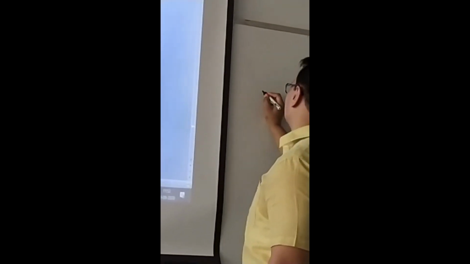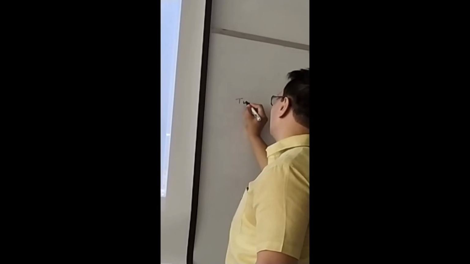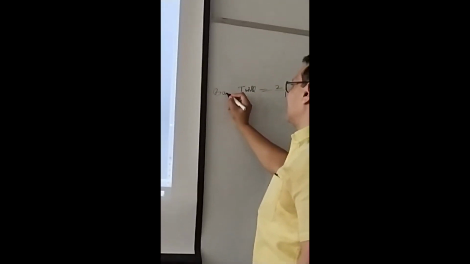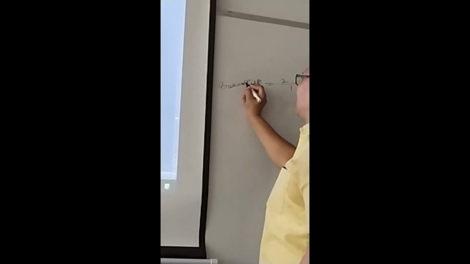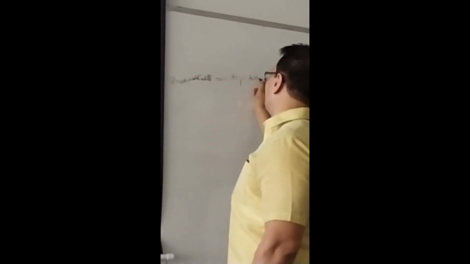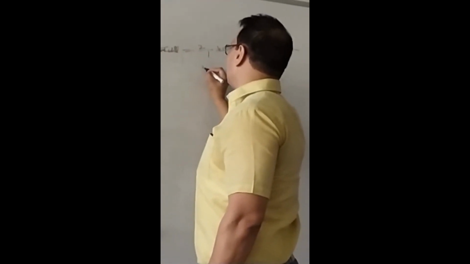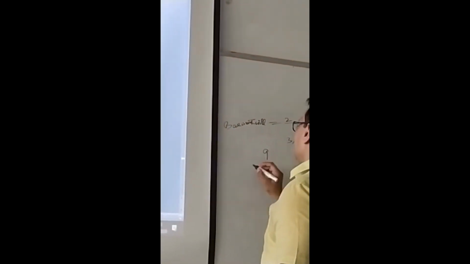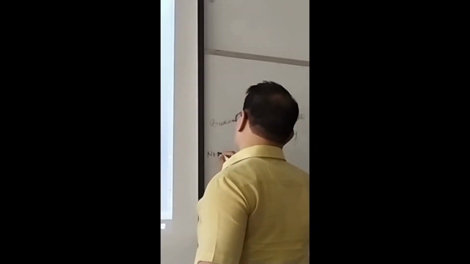So let me say I take twill weave as the base, that we are filling instead of plain. Instead of 1 up, 2 down, I will be filling 2 up, 1 down, the base weave. So 2 up, 1 down is 3 or 6 or 9. 6 is there, so I will be taking 9. So float will be the number of warps.